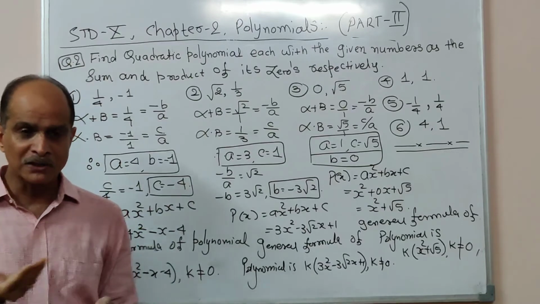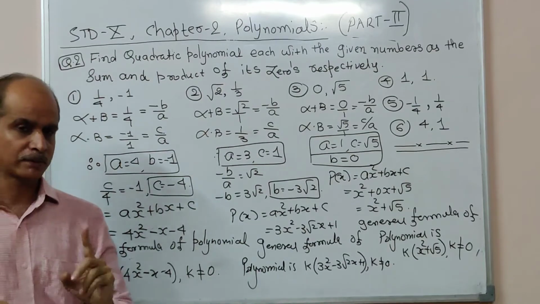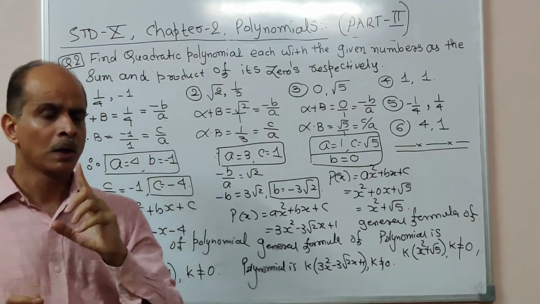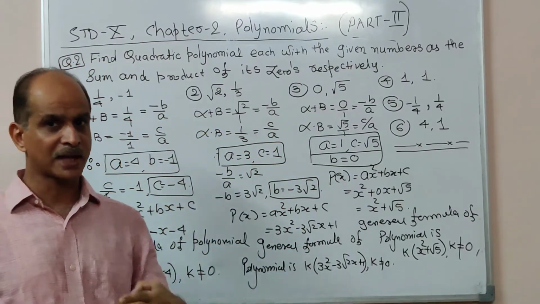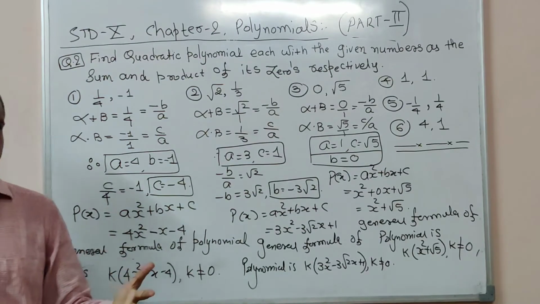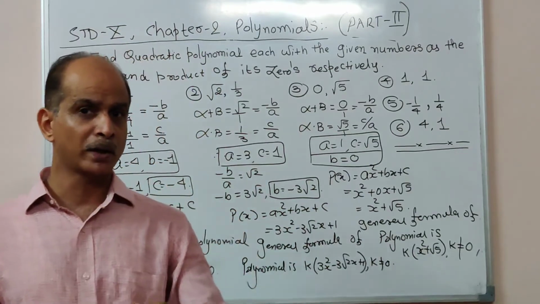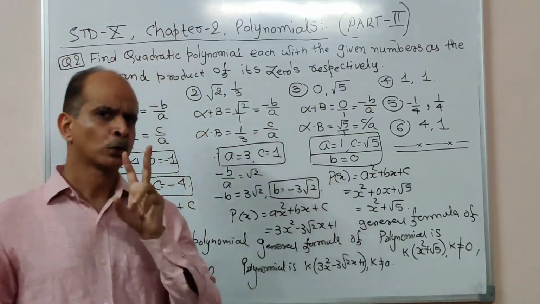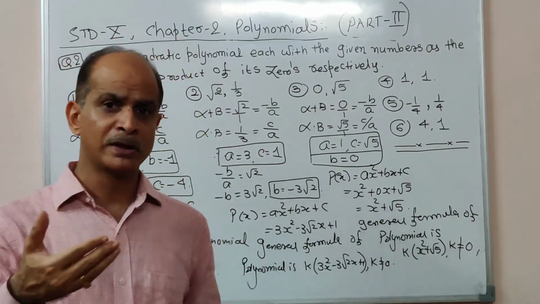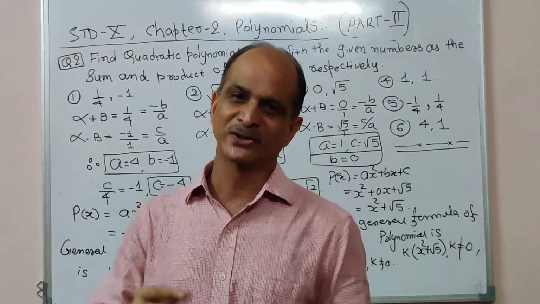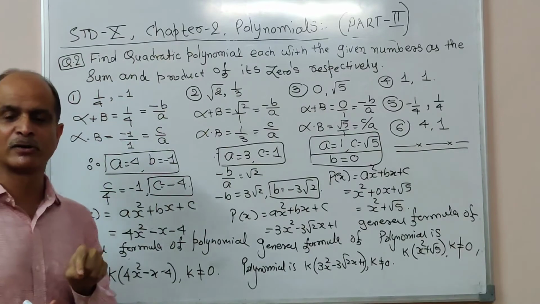So in the last 2 lectures, first we have completed 11 concepts. You know, without concept there is no importance. So we have completed 11 concepts of this chapter. Then we started exercise number 2.1, that is find out the number of zeros from the graph. Then we started exercise number 2.2. 2 examples are there. In the first example, a polynomial is given to you and you have to find out the zeros. While in the second example, alpha plus beta and alpha into beta are given to you, and you have to find